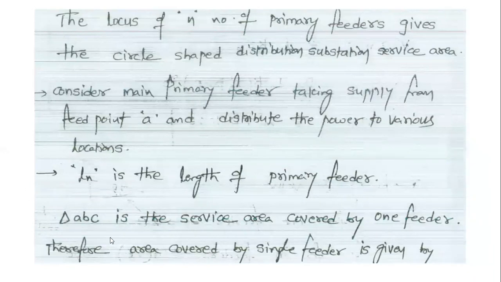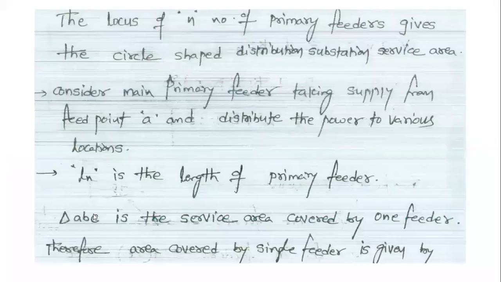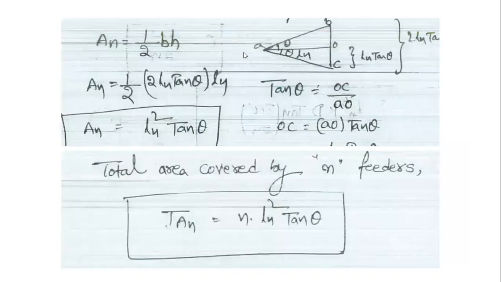Therefore, triangle ABC. This is the triangle ABC. This is the service area that will be served by the single feeder, or the primary feeder. This is the service area covered by one feeder. Therefore, the area covered by a single feeder is given by,